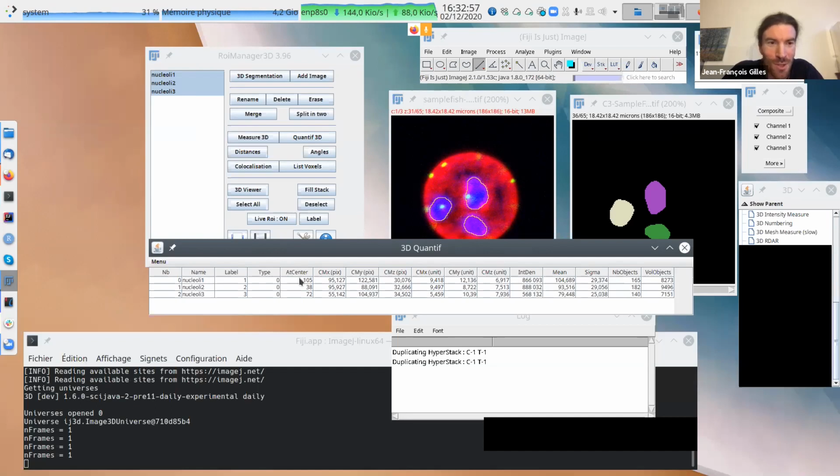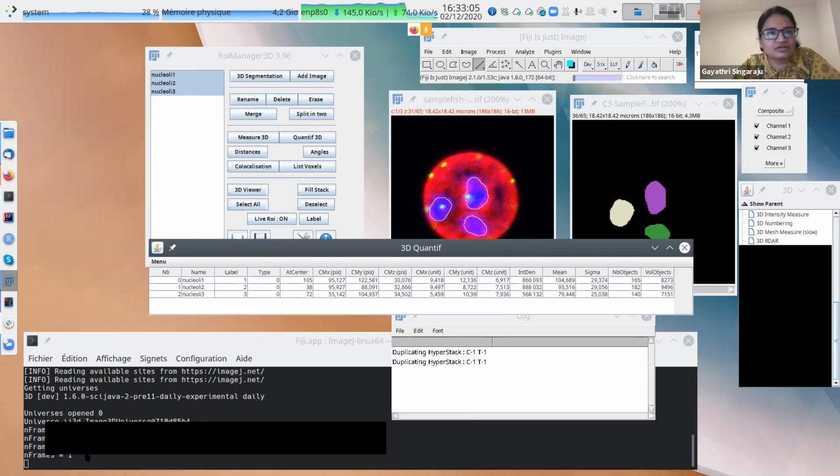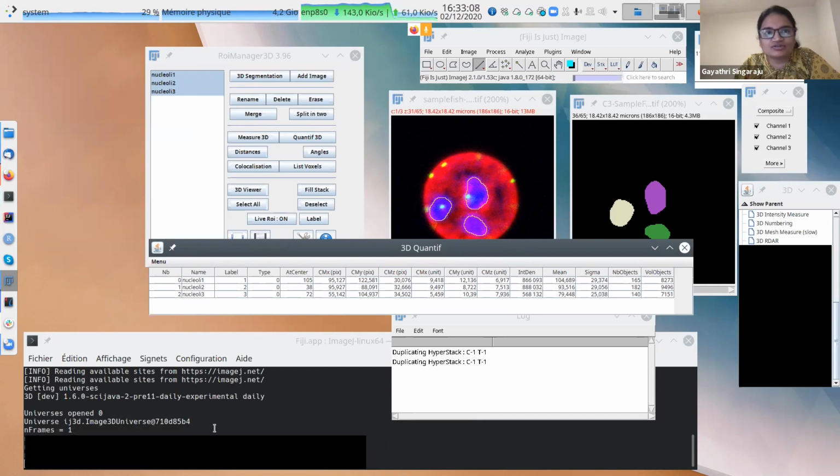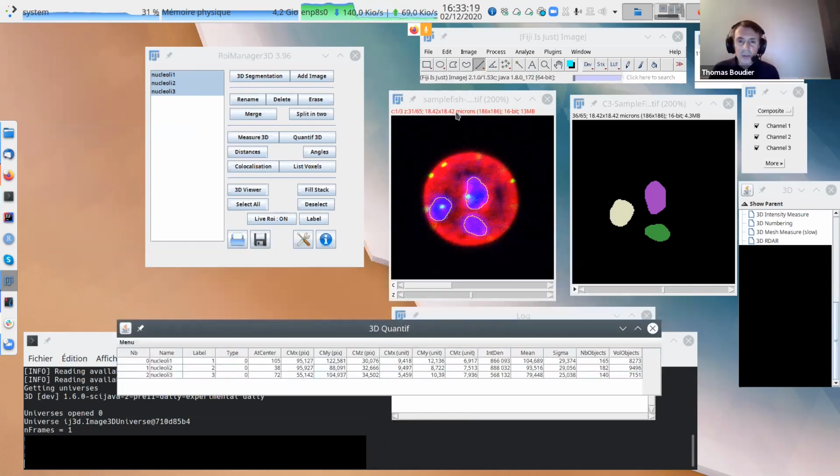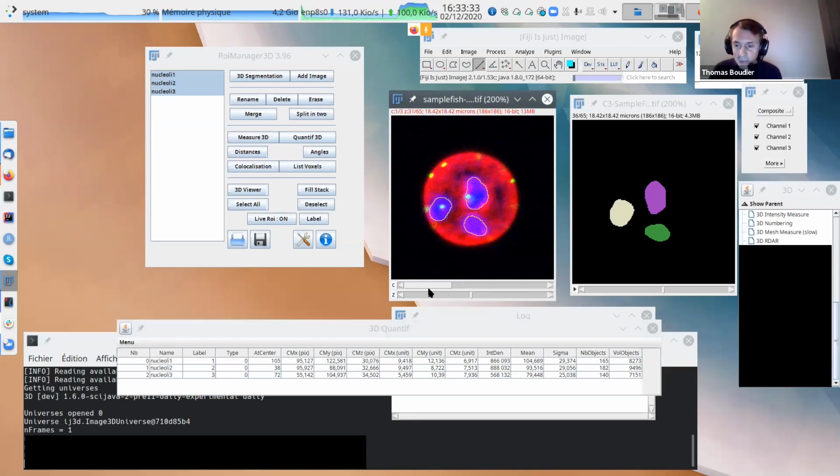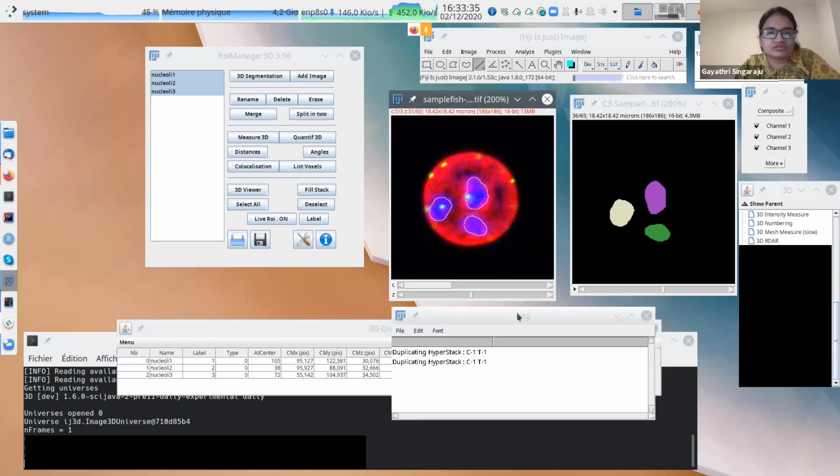Yes? There's a question from Gayatri. She raised her hand. Yes. Sorry, and thank you. I was just wondering, since these images are all changing Z, does it also work the same if I have changing T? Like just one dimension changing. I don't change Z, but change T. So that means you have an image with many T time points, like different channels and many T. Yes, so instead of C here, it will be T. Yes, exactly. It will be the same.